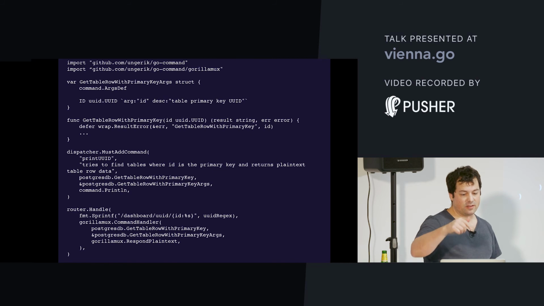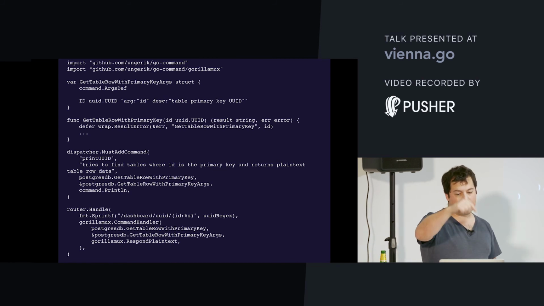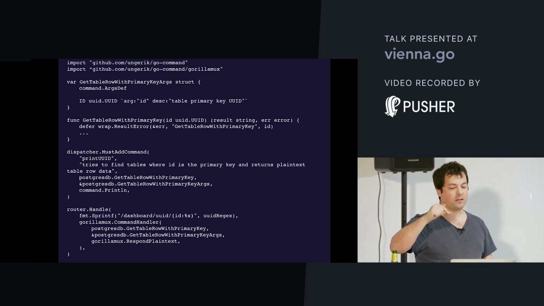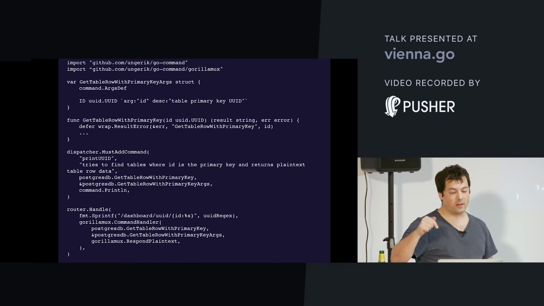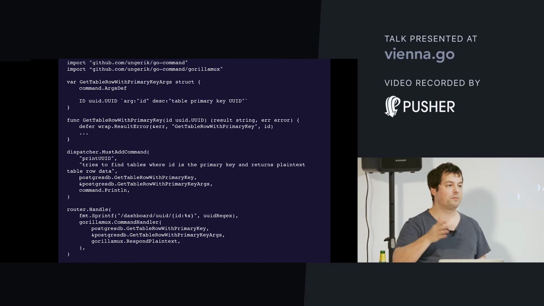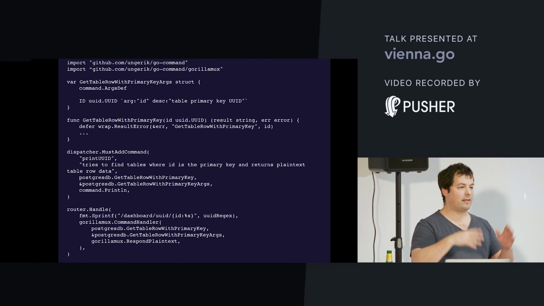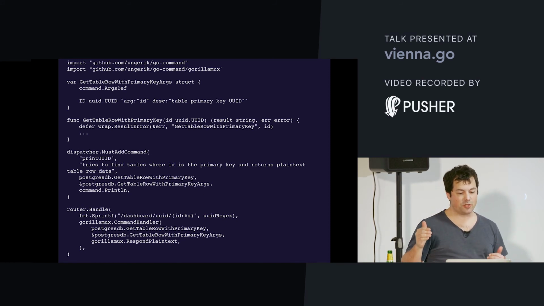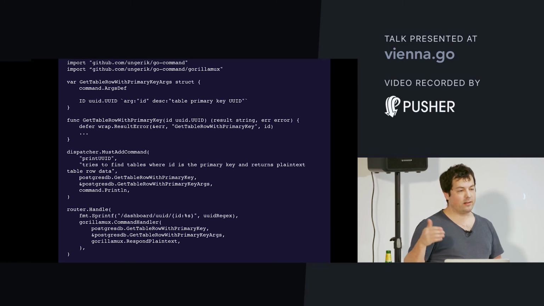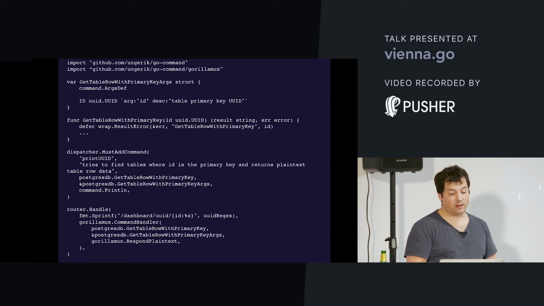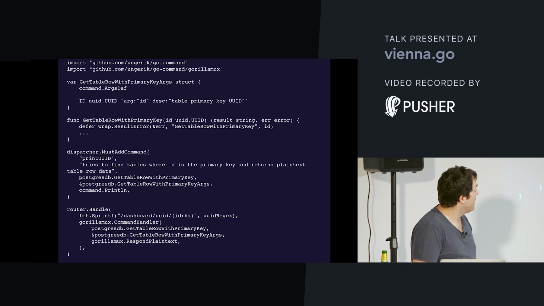And what you can see here is this variable, the get table row with primary key args. This struct defines the arguments for this command. So it has this command args_def that's basically inheriting the methods you need to handle that thing as a command argument description. And then every field in that struct describes one command argument, and we're using reflection to get the type, and also, as you can see at the tags in the end,